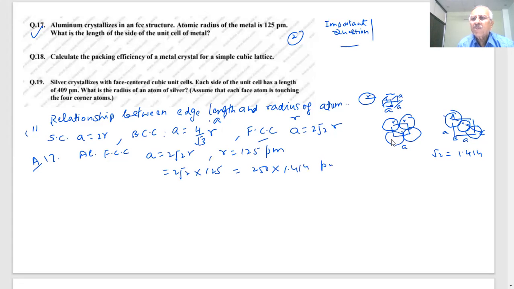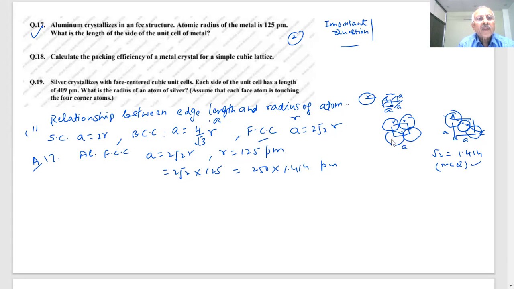There will be four choices, students. Now let me tell you, nowadays the trend is that there will be four choices. Okay? You have to tick mark which is the correct choice. Multiple choice, MCQ. We will do some questions on that.